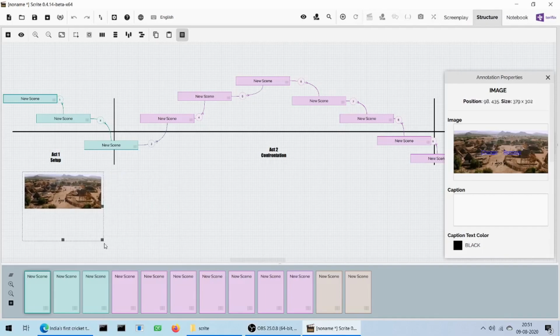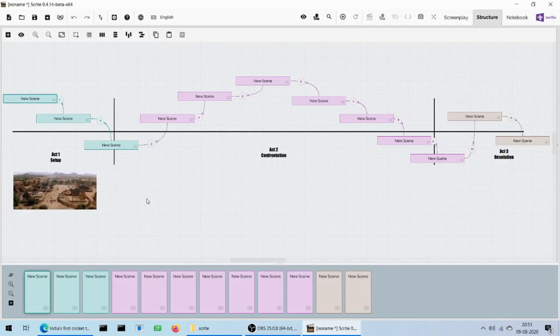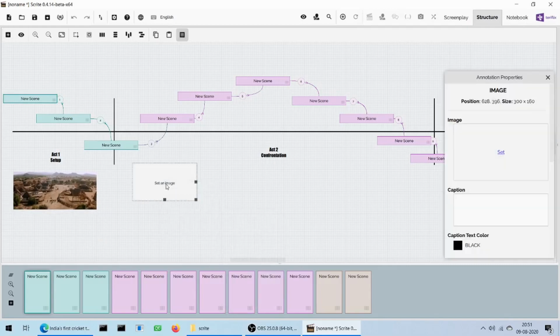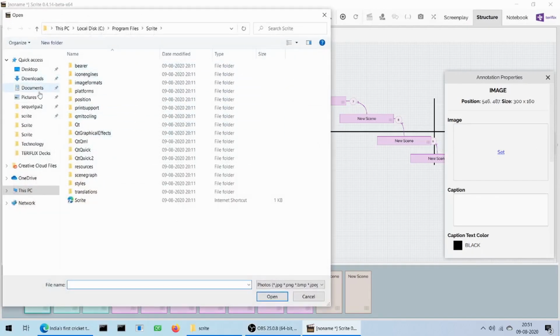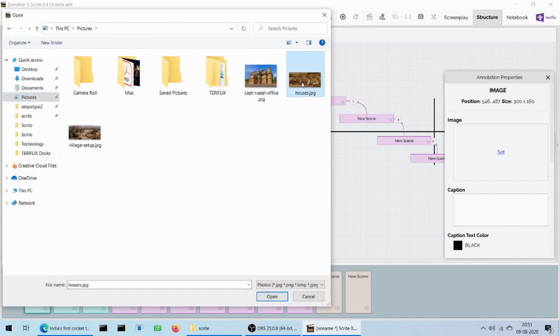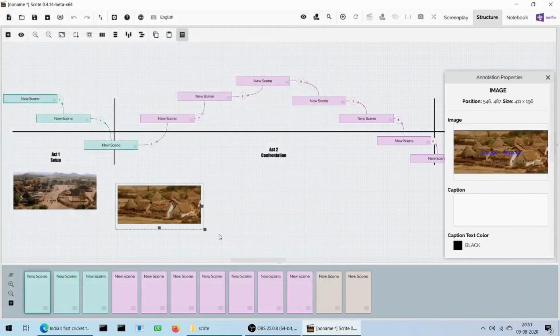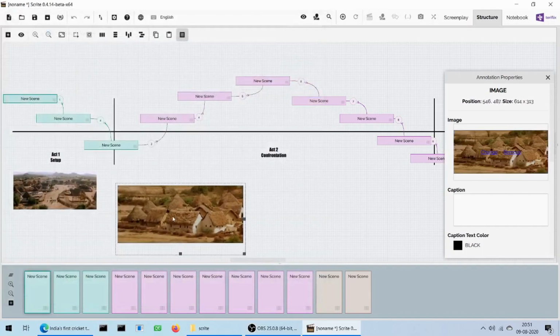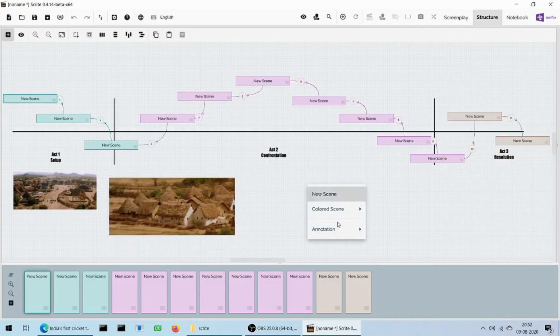So I'm going to have this village image out here, and let's say I have another image. This is how I'm imagining the houses would look like in the village of Champaner, right? So I have the houses here, and